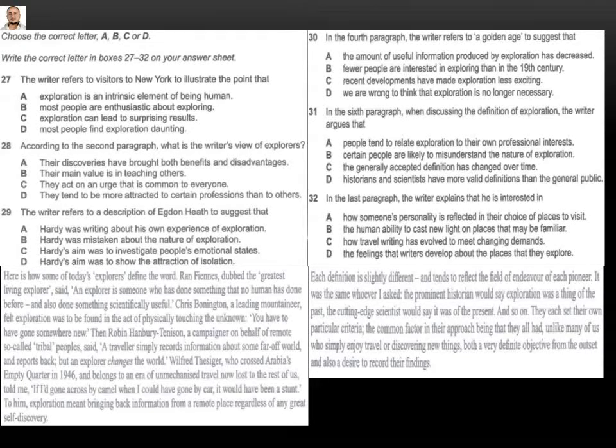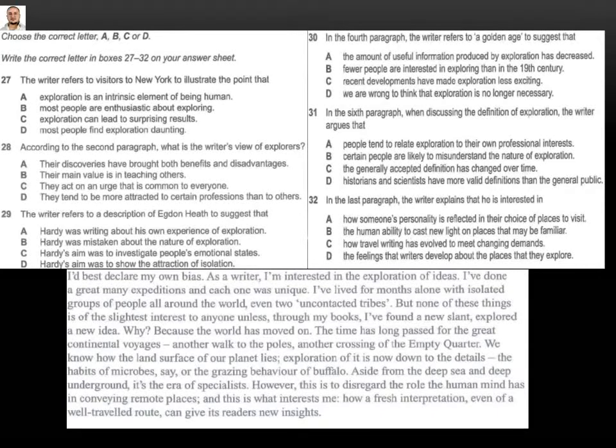Okay, 32 says, in the last paragraph, the writer explains that he is interested in A. How someone's personality is reflected in their choice of places to visit. B. The human ability to cast a new light on places that may be familiar. C. How travel writing has evolved to meet changing demands. D. The feelings that writers develop about the places that they explore. But it says in the last paragraph, so we need to move to which says here,